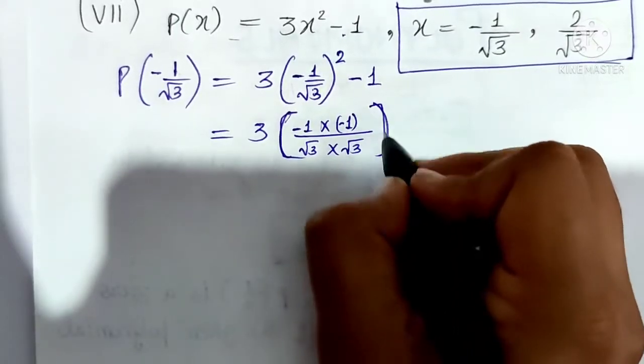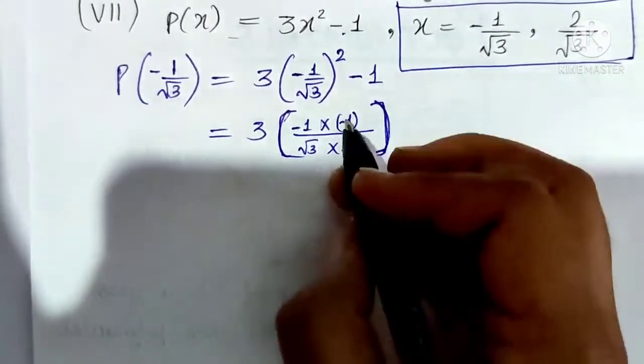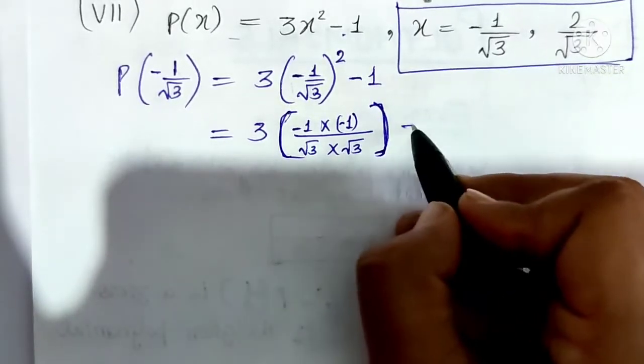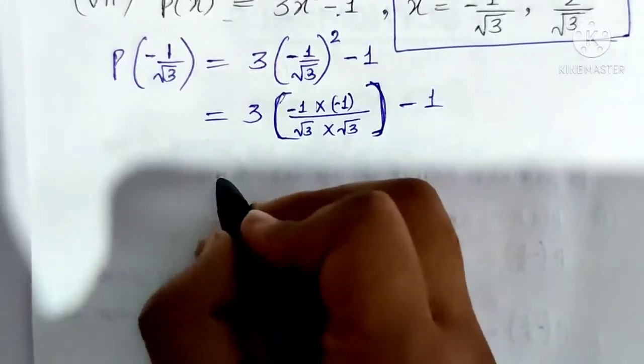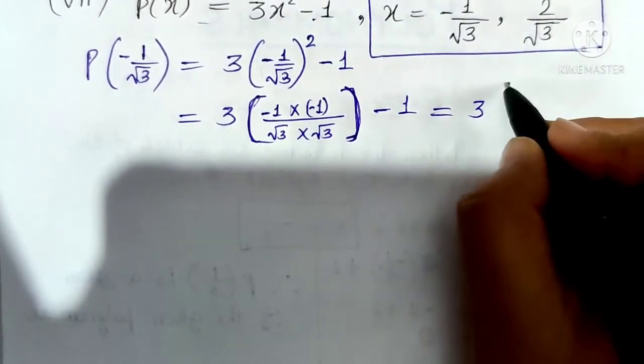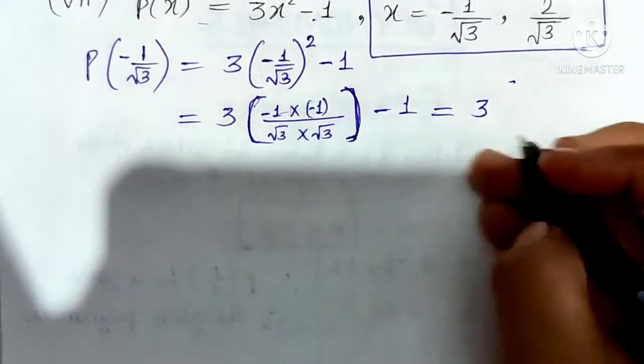I have written it in this form, but you can write it directly also; I want to explain to you. It is a square, no? So that's why I have written it 2 times. Minus 1 will remain like this. So what will come? Just check. 3 will remain 3 here only. Now just tell me, minus 1 into minus 1, what will come?